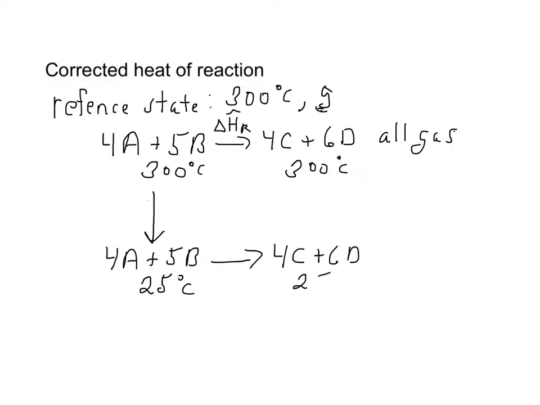This is all done at 25 degrees C, and I know what that heat of reaction is. This is my heat of reaction at standard conditions. And then I'll raise the temperature of these products to 300. So, the first leg of the journey here